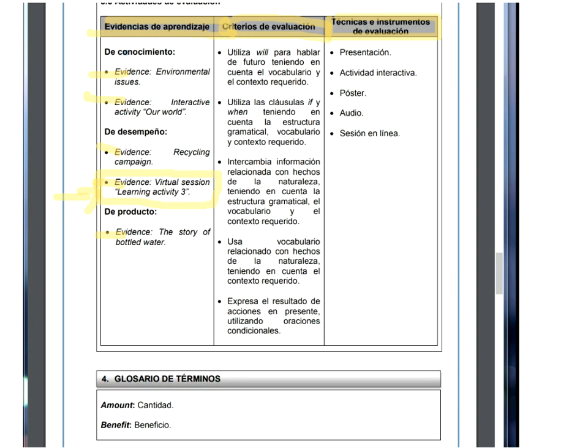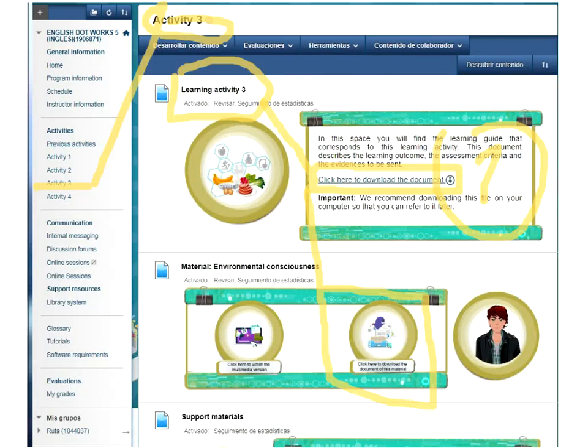And we are going to use these grammar structures: will, if, and when. And these are the vocabulary and the expressions that we're going to be using. We finish this document with the glossary and the basic vocabulary we will have to use. So this is the first document. The second document is this one,